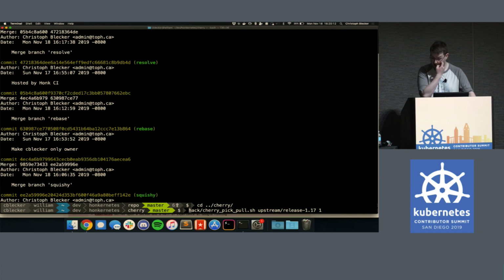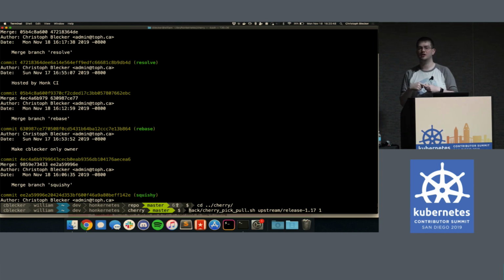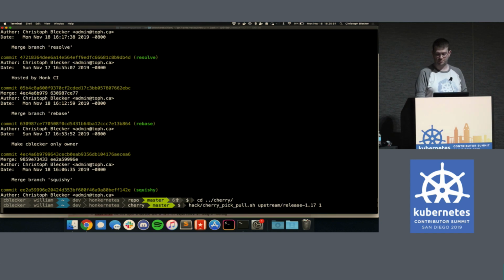So the command that I've got here is hack cherry pick pull. The branch that I want to base it off of, in this case, is upstream release 117, and then the end number where I've got number 1, that's the PR number. If you want, you can string extra PRs together if you need to pick multiple original PRs back to the release branch at the same time. That can happen especially when you have dependent changes or iterative fixes, where a feature was put in a specific thing, but then there's also a couple extra PRs that need to fix functionality or fix tests or problems. In this case, I'm just picking back the one